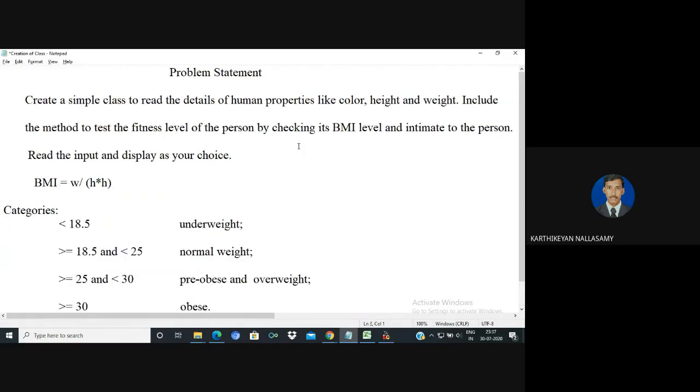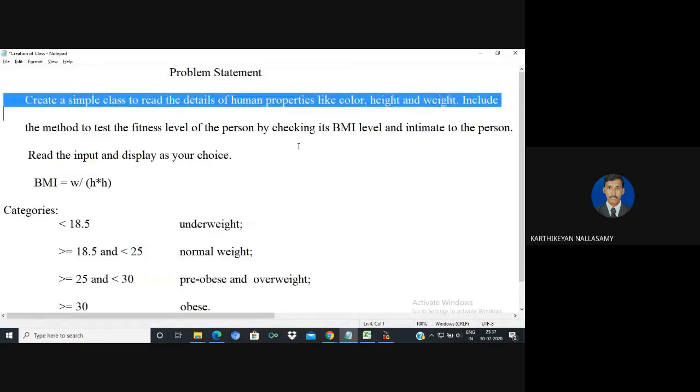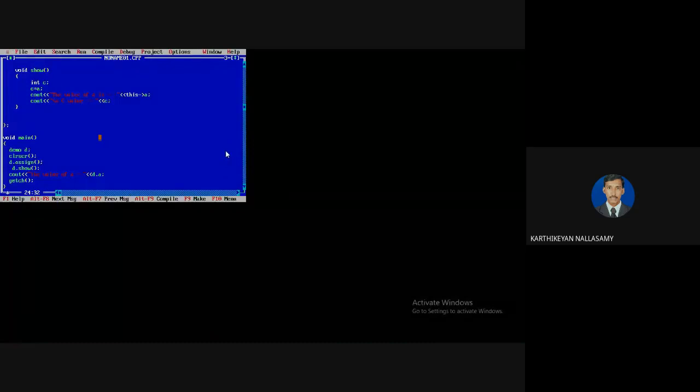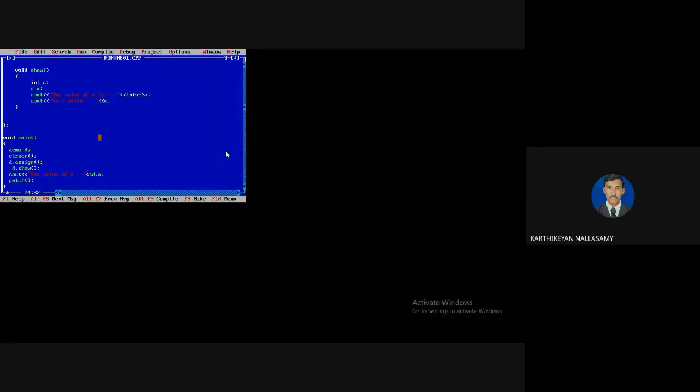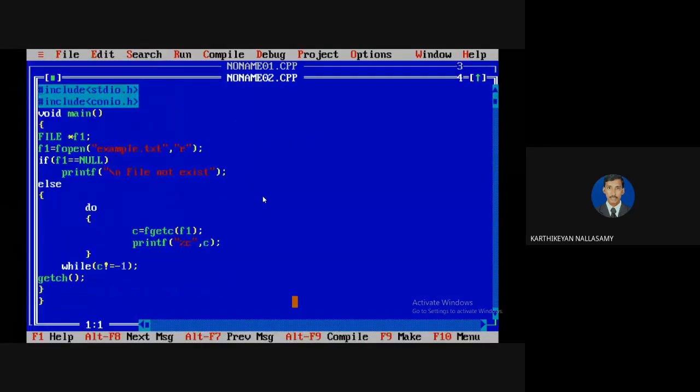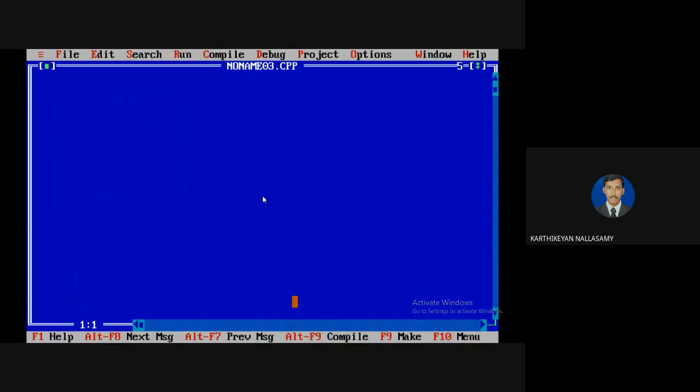Before that, we are going to create a class to include these properties. Here the color, height, and weight are called data values. We know that C++ gives importance to data, so I am going to create one simple class for maintaining the details of a human.